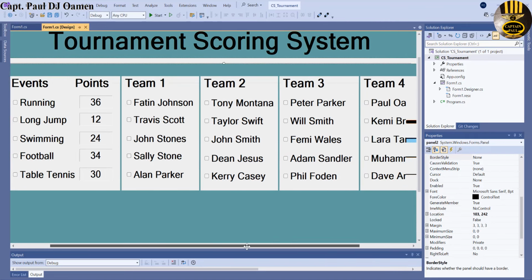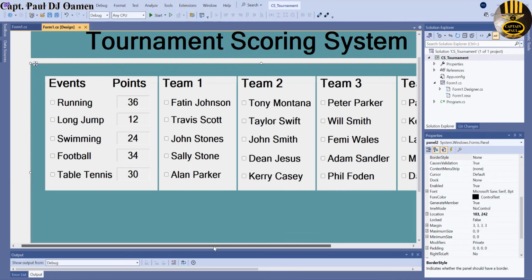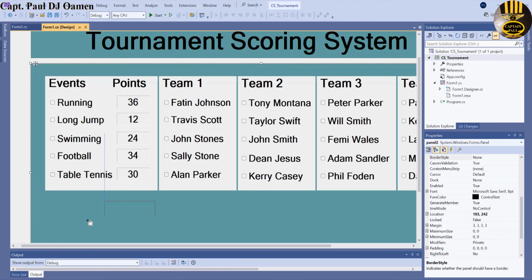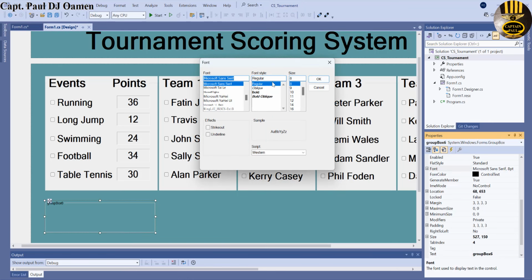Okay guys, I've finished with the naming. So the next thing I'm going to do is copy another group box. Let's grab all of the group box and just drag that here, something like that. I'm also going to change the font size of that group box to maybe about 18,